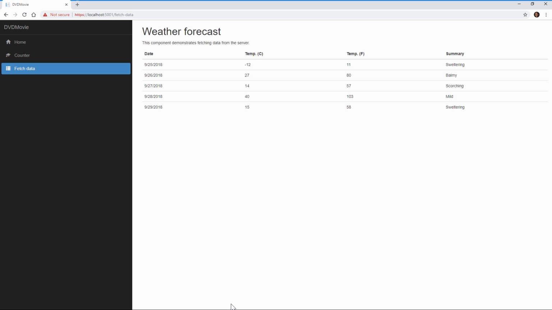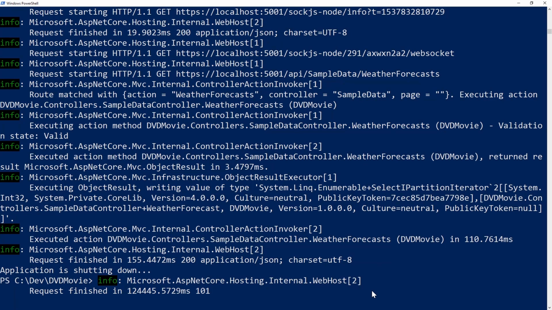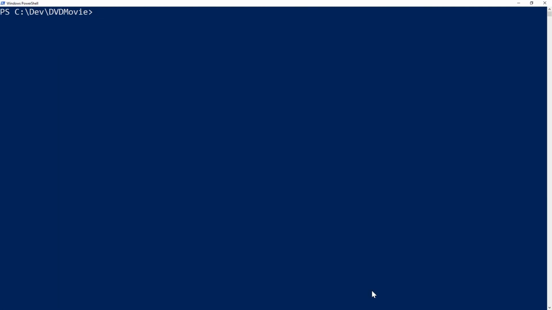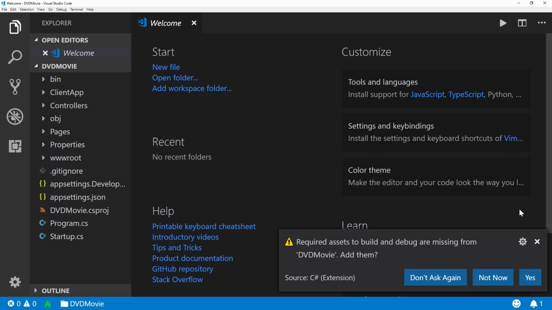In fact, why don't I go ahead and show you an overview of what's going on behind the scenes. I'll stop this by hitting Control C. And now we can launch Visual Studio Code. Make sure you are in the DVD movie directory. Type code, space, period, and hit enter. Now you'll notice Visual Studio Code prompts me to add some assets, specifically for the C# extension. I'll go ahead and choose